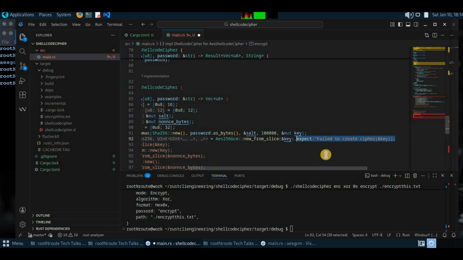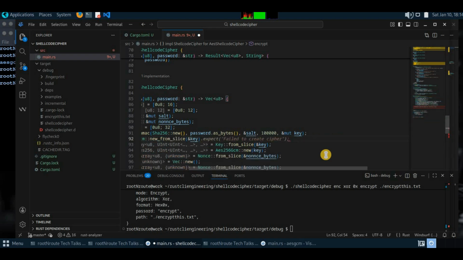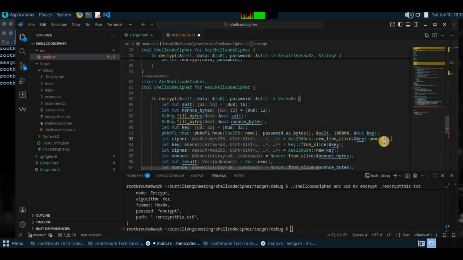But we just unwrap it and take that result. Let it be like this, but if it's going to crash, definitely it's going to be an issue. So after analyzing the result, we will change it. So now we have the cipher, and now we need,